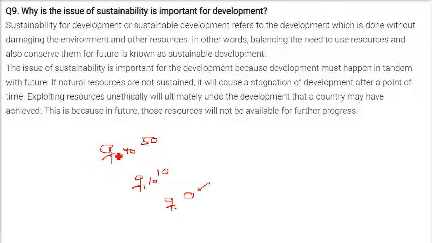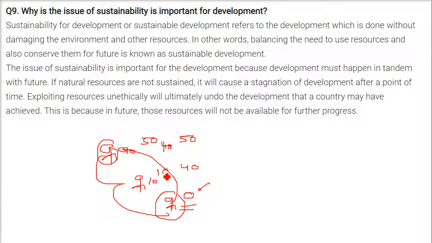So these people are not using the energy resources in a judicious manner. They are not using them in a sustainable manner, because eventually, this person is the offspring of him only, he may be the grandfather of this person, but how is this child going to survive in an environment where there are no energy resources? So if he has 50, let him use 10,